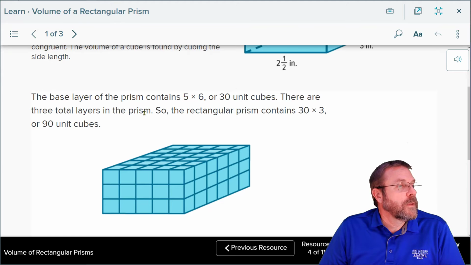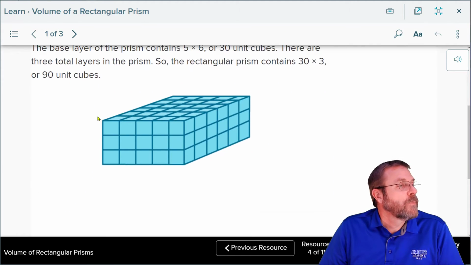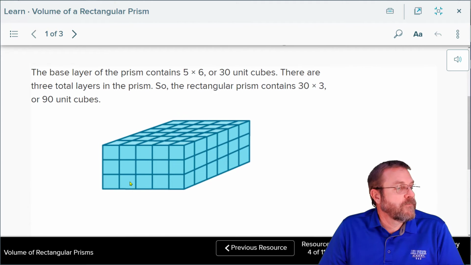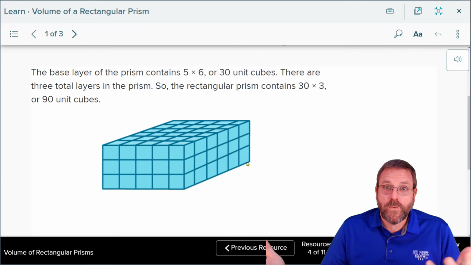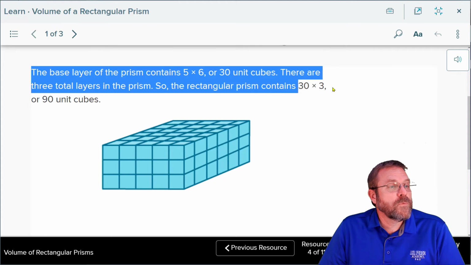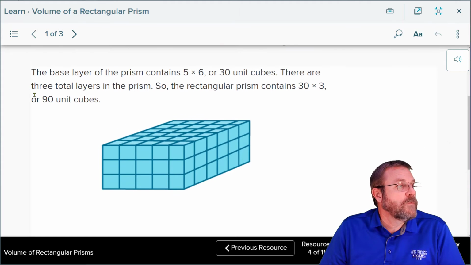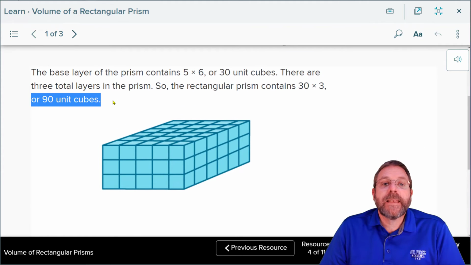So the base layer, let's see here, where did they go? Okay, that's what they did. The base layer contains 5 this direction, 6 this direction, so that's going to be 5 times 6 is 30, right? And then how many layers of 30 is it? 3. So right here you can see 30 times 3. 30 times 3 is going to end up being 90,